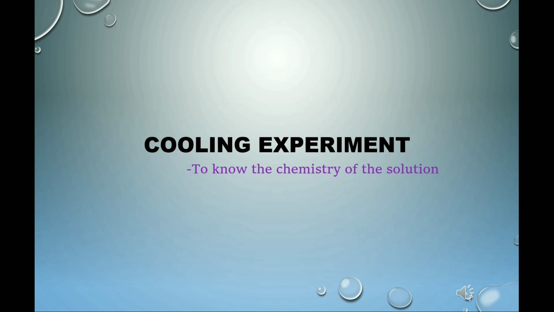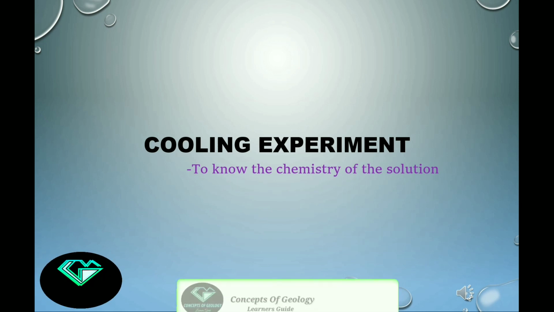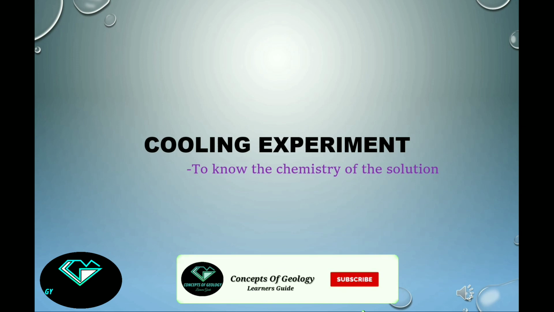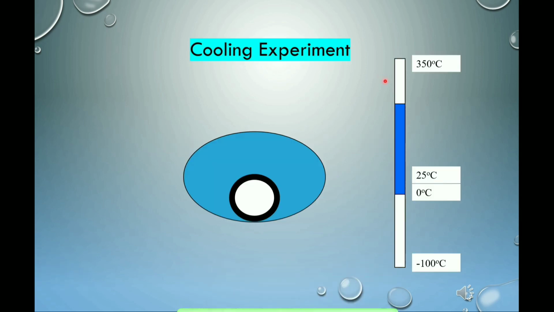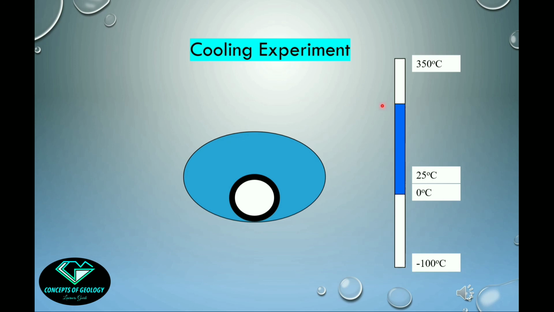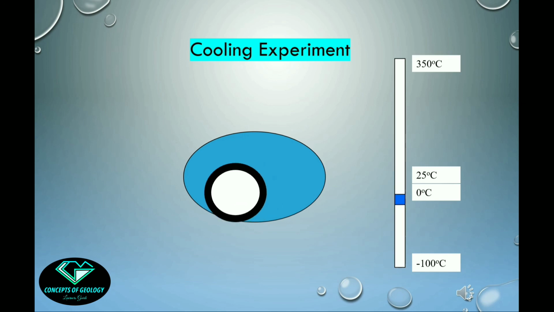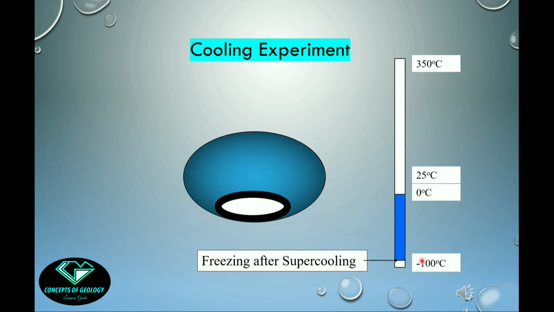Okay, the sample is freezed first and then warmed and observed under microscope. Okay, this is called the cooling experiment. The cooling experiment is done to know the chemistry of the solution inside the inclusion. So again, this is the temperature scale, and this is the inclusion containing a vapor phase like a bubble. Okay, so we heated the inclusion during the heating experiment, and the temperature of the inclusion is laying here now. Now the sample will be freezed. Look at the scale, the temperature is decreasing. Suppose at this particular temperature, the inclusion is getting totally freezed.